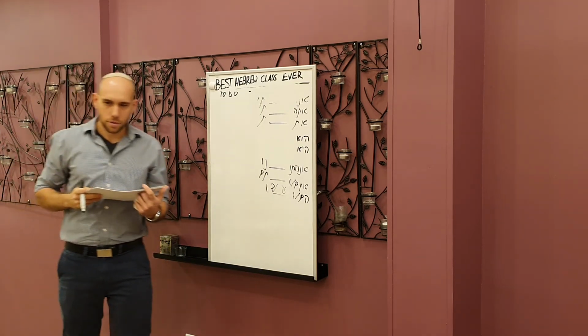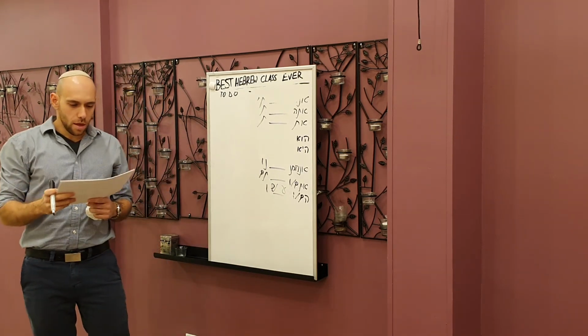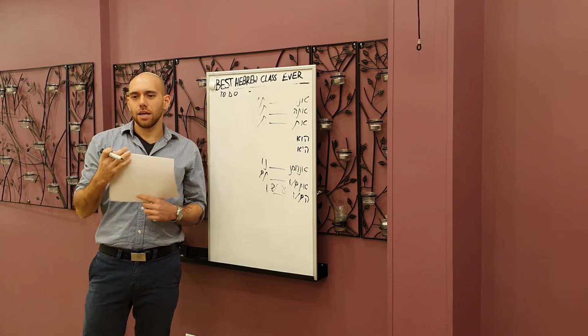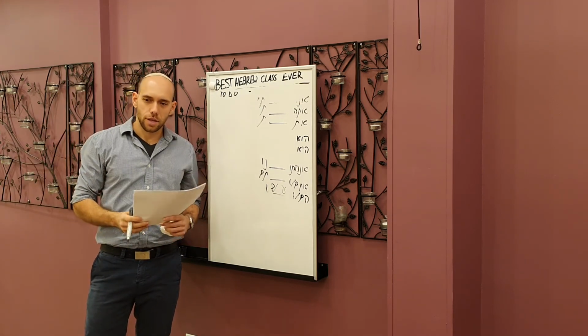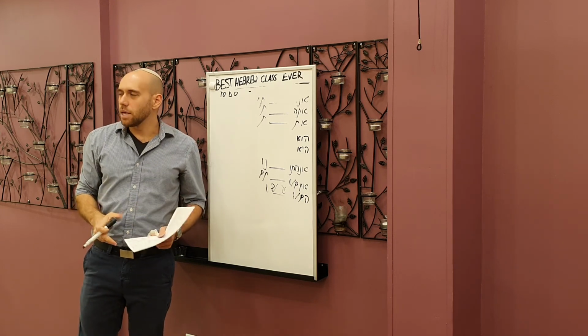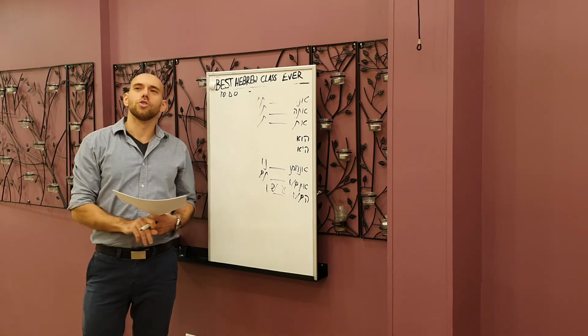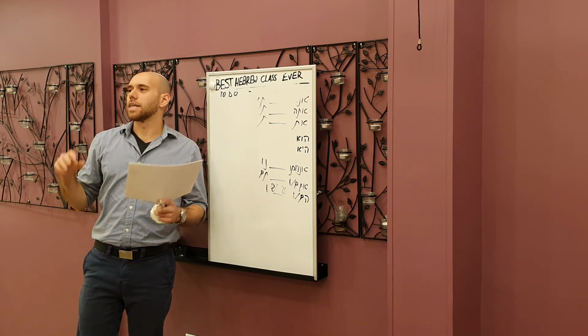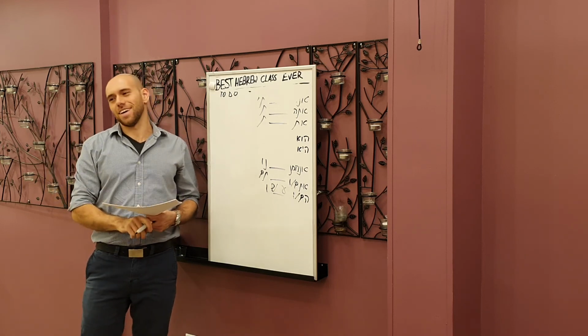And what does it actually mean if you say ne'emarti? It doesn't mean anything because it's a theoretical thing. Who can say ne'emarti? Maybe in a cartoon where the sentence itself is speaking and says